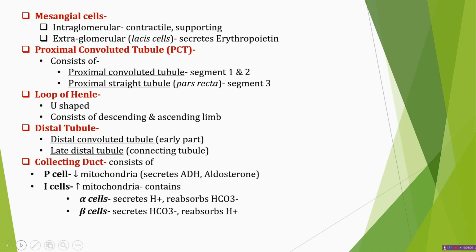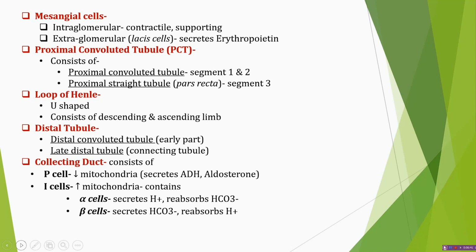It is differentiated into two parts: the proximal convoluted tubule, that is segment 1 and 2, which continues into the proximal straight tubule, which is called the pars recta, which is segment 3. It continues into the loop of Henle, which is a U-shaped structure consisting of descending and ascending limbs, as we have